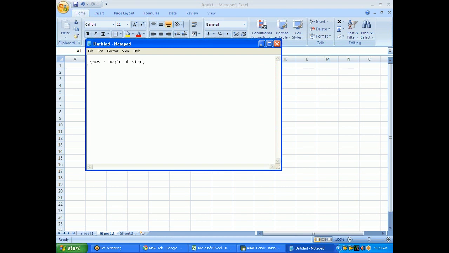Here I will say name of length 10, type C, age of length 2, type N, and account number, type N, some 10 digits account number, assume. So assume that this is a structure.